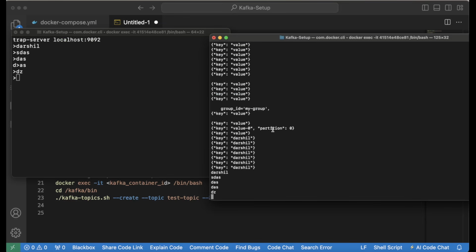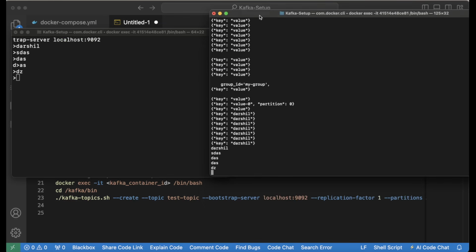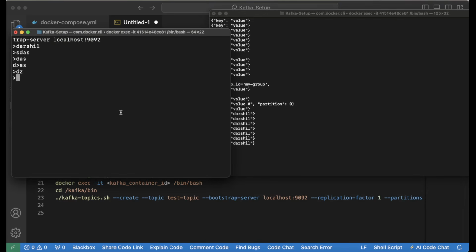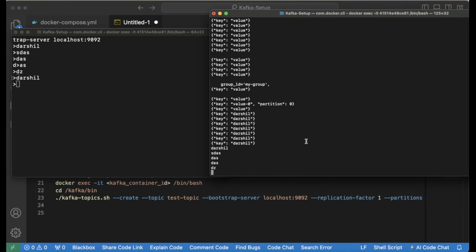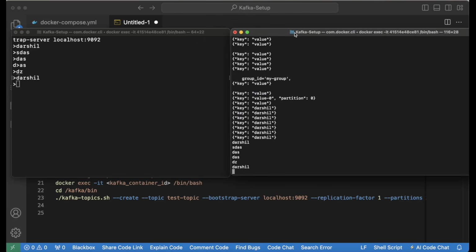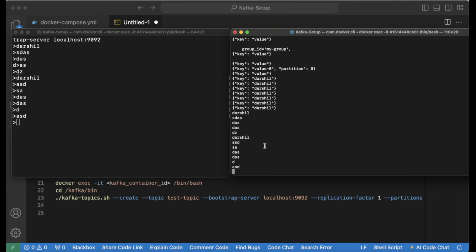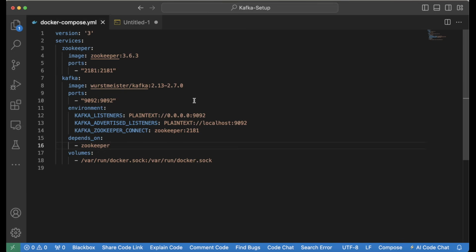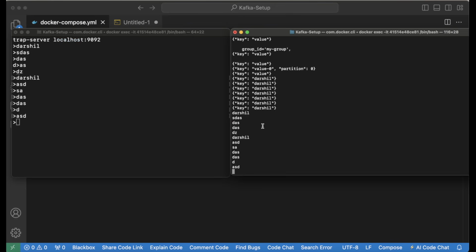As you can see, these are some of the previous messages that I sent. I can send more messages such as, let's say, my name, and if I show you, you will see all of these messages will come here. I can send whatever I want, and you will see all of these messages are coming. Now what is happening inside is that we are producing some messages from the producer, sending that to the Kafka server that is running on this particular port. This is what we call a Kafka broker, where the server is running, and then we are able to consume this message. So it is pretty simple. You send the message from one end and you retrieve the message from the other end.